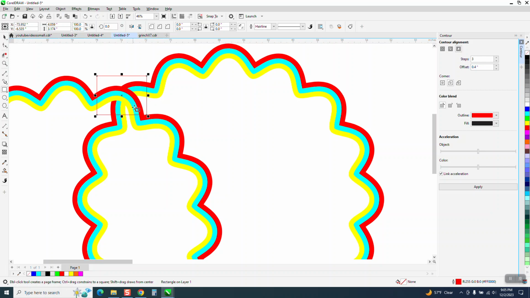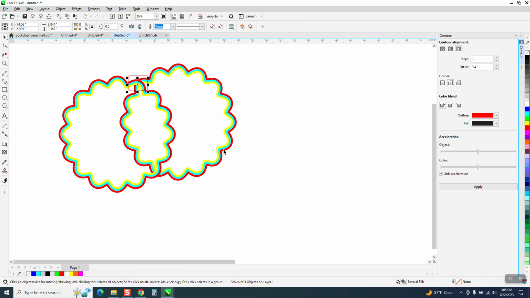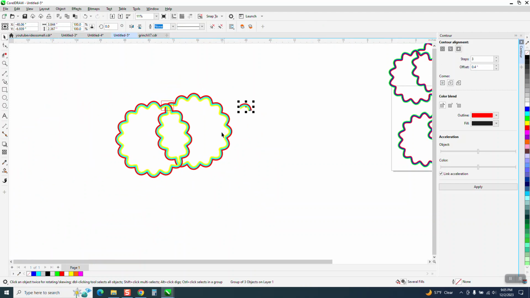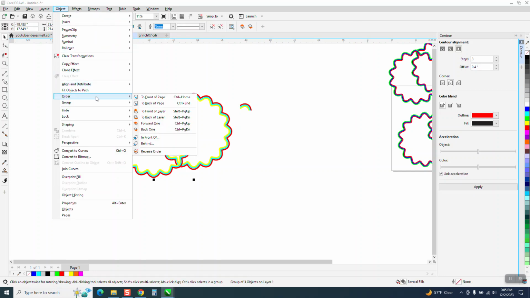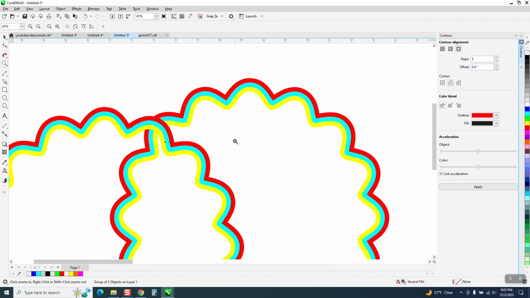all you have to do is make sure you get this entire loop or part of that loop that's going to cross the other one. Then shift select this one and your intersect tool comes up. Nudge, I'm going to nudge it to the right. Take away our box. Take this one and go up to Object, Order, back a page. And see, now it looks like I don't like the yellow, but when you nudge that back, it appears